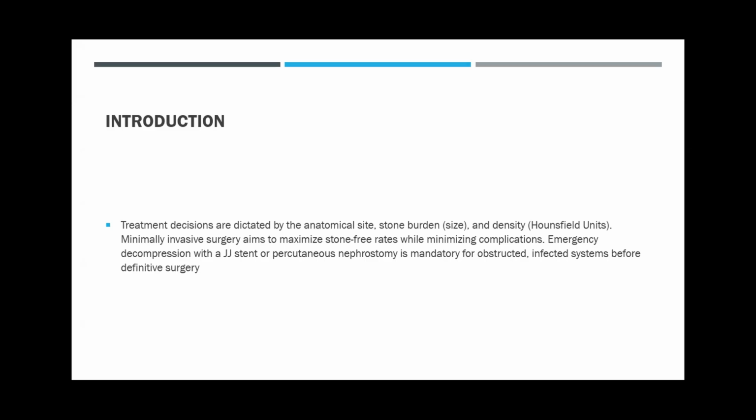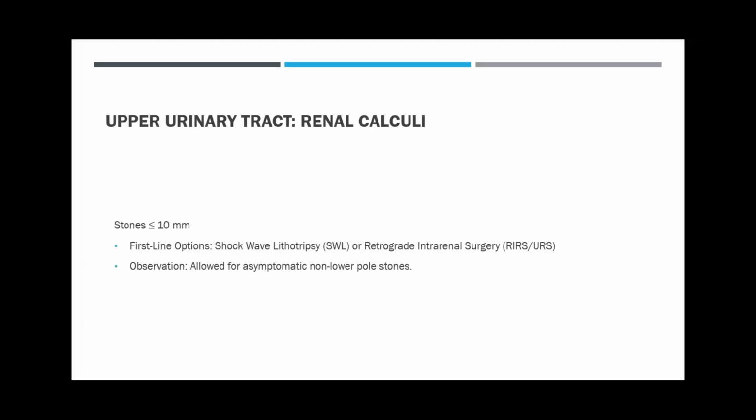Emergency decompression with a JJ stent or nephrostomy is mandatory for obstruction and in the infected system before the definitive surgery. Generally, we can classify the surgical management of the urinary system into upper tract and lower tract. In the upper tract,